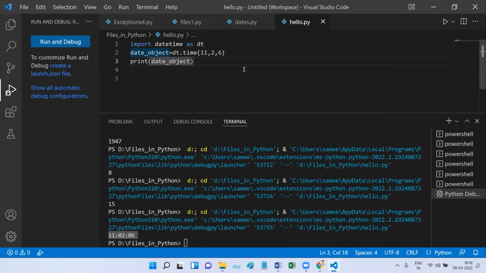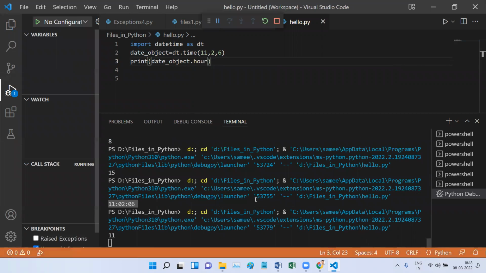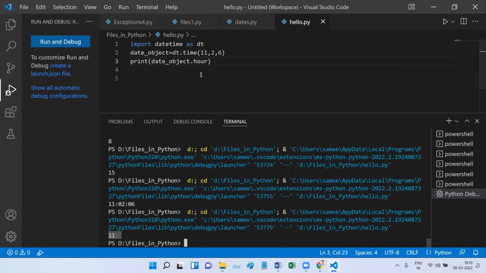The same thing is there: in the date object, you had independent access to the day, month, and year. You can also access the hours independently. Let us say if I want to access the hour, just write the time object dot hour and run this, and you will be able to extract the independent hour. As you can see, there is the independent hour.